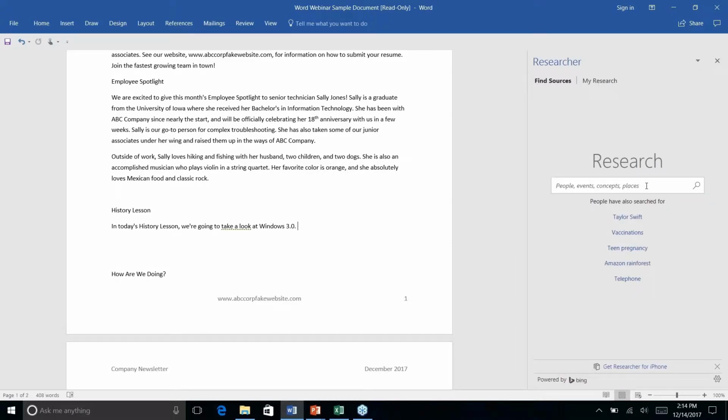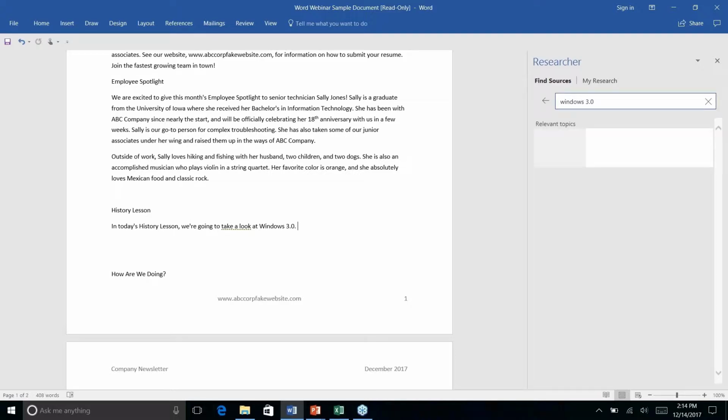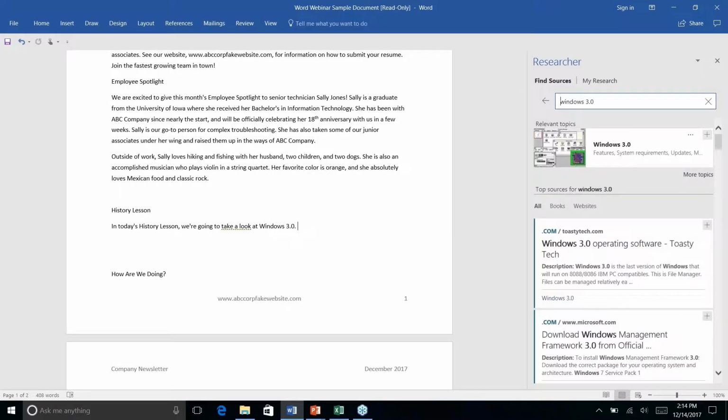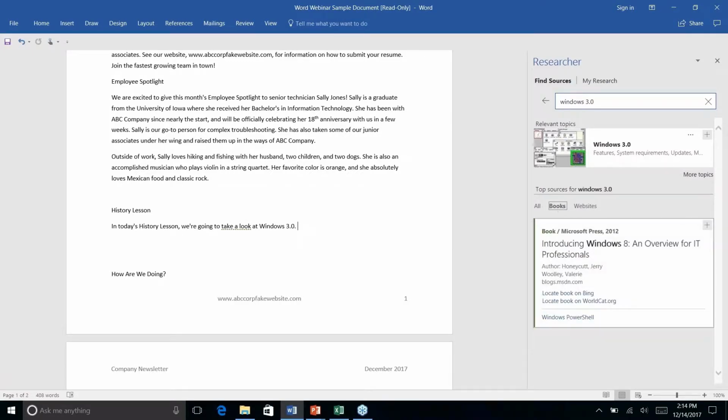So the history lesson that we want to give is on Windows 3.0. And it works just like a normal search engine. Gives you these results here. Gives you a couple different options here where you can search for everything. You can search for books. So if you specifically need references that are not websites, something that is more geared towards students but does have business applications as well,